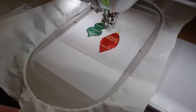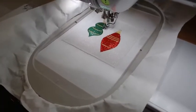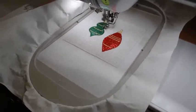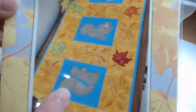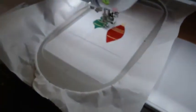And like I said, she has a whole bunch of these. There's one for every season. I just picked up another one for the fall. I thought this one was cute. It's called Grateful Table Runner, and it's got the little squirrels on it and the leaves, and then it's got like a wreath in the center. This one would be pretty for fall. And then there's a real pretty